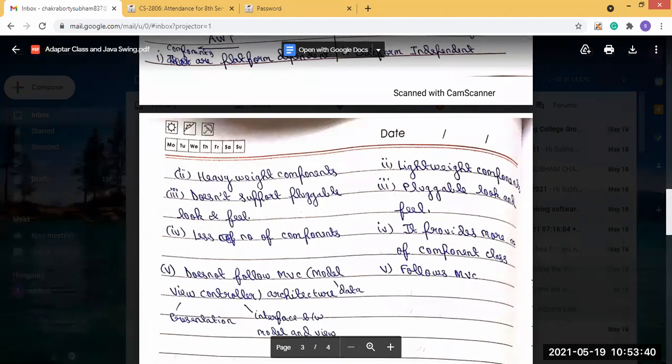I have already said that in AWT, we cannot use the radio box. We didn't use the radio boxes. But in Java Swing, we can use them. The radio boxes can be used.